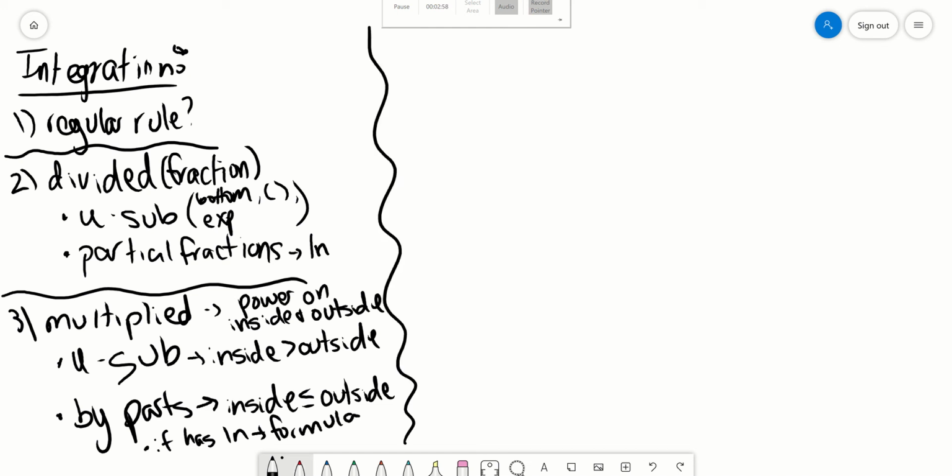So let's look through an example of each of these, and I'm not necessarily going to go in order because I want us to actually have to look through this and figure out which method we're going to use. Okay,